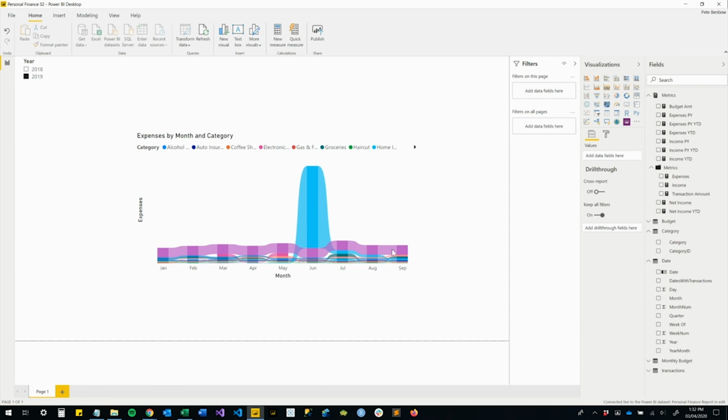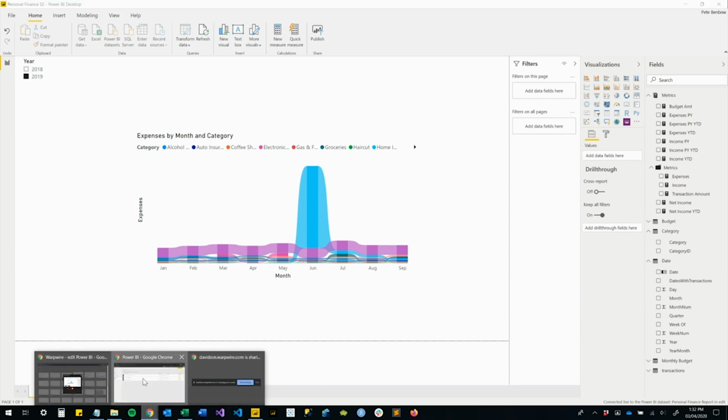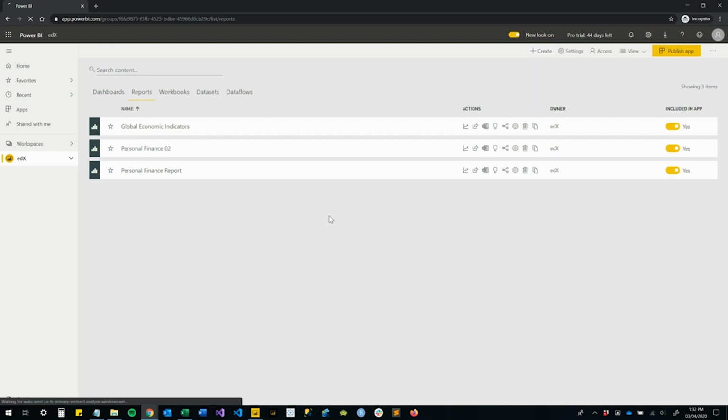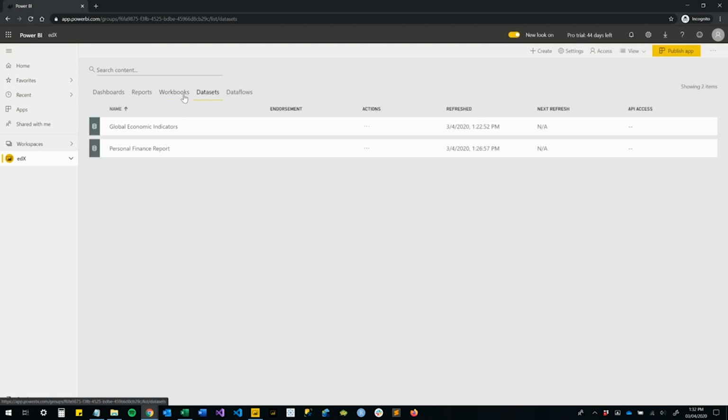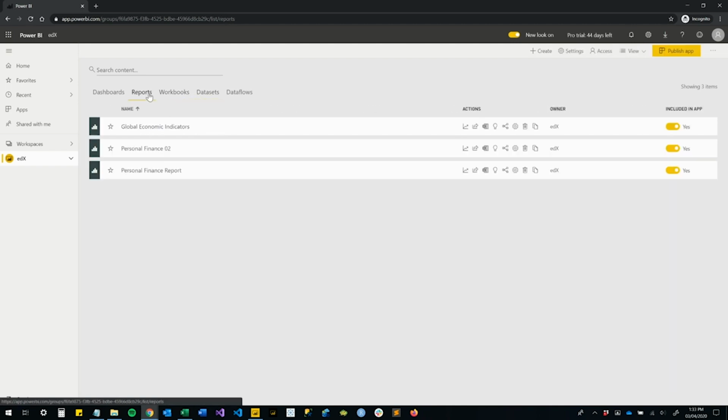Once it publishes successfully, we return to our browser, where we see we have 3 reports now, but only 2 datasets. Stand by. Yep. Good. This is the beauty of shared datasets in Power BI. Create as many reports as you want, but keep fewer datasets around so you have less